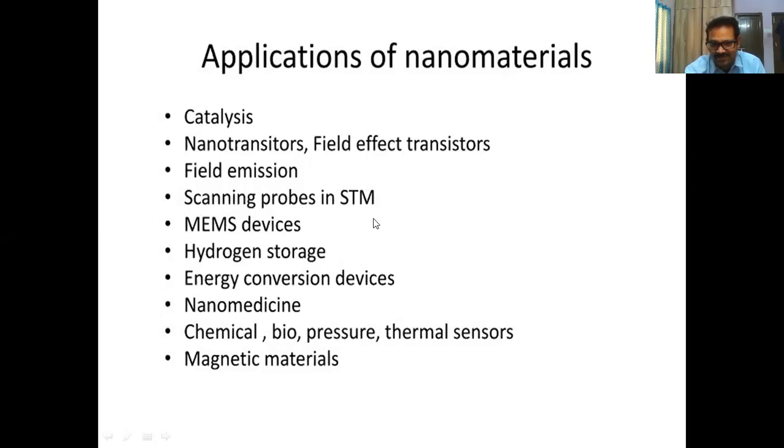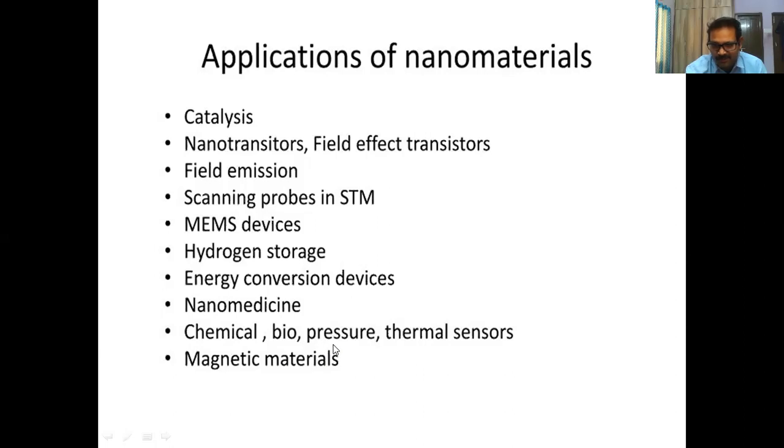So they will be used in scanning tunneling microscopes, the MEMS device. For storage, hydrogen can be stored in this nanomaterial because of the size difference; we can keep hydrogen in these particular materials. Energy conversion devices, nanomation,